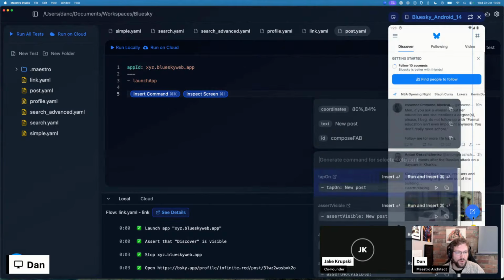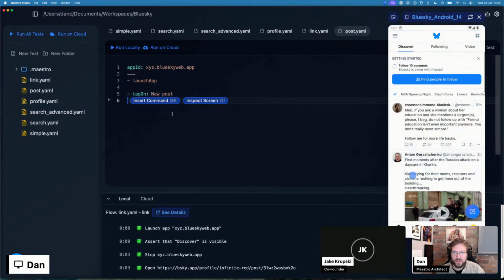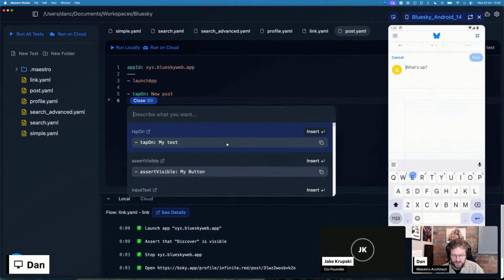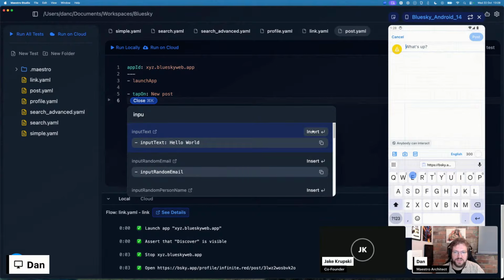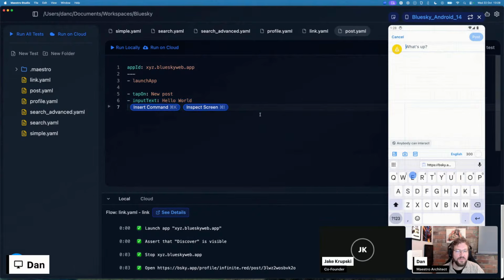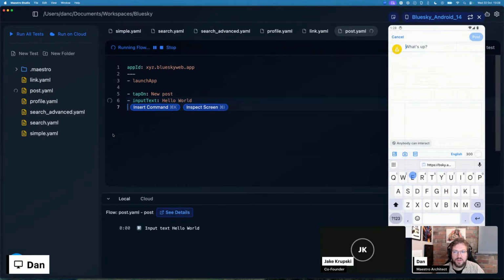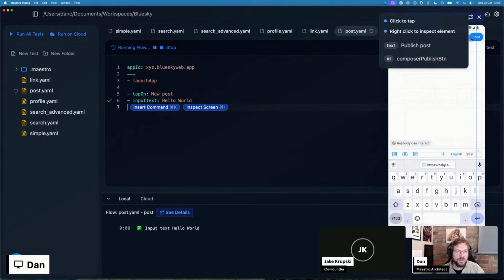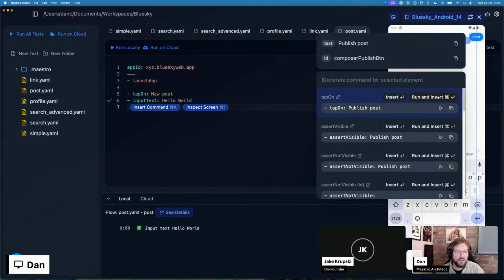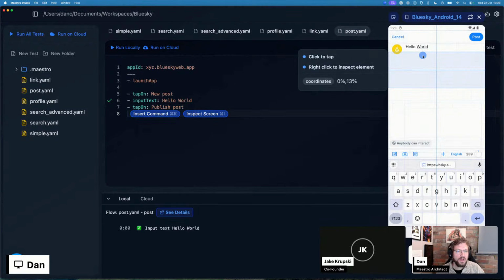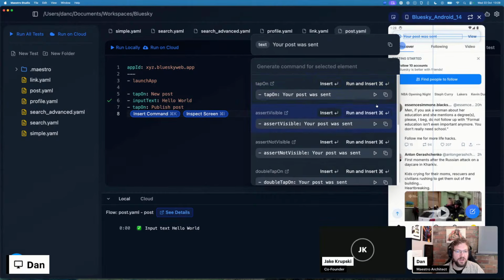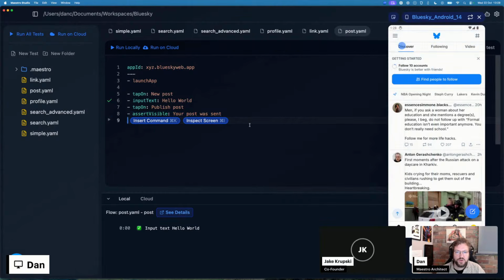Our next thing we are going to want to do is a new post. Then I want to input some text. Let's run that. And then I'm going to want the post button. And then success criteria, I want that one. Make sure I've got my, so thinking about